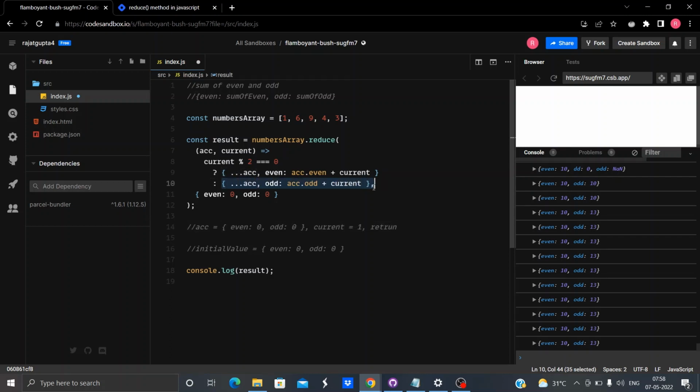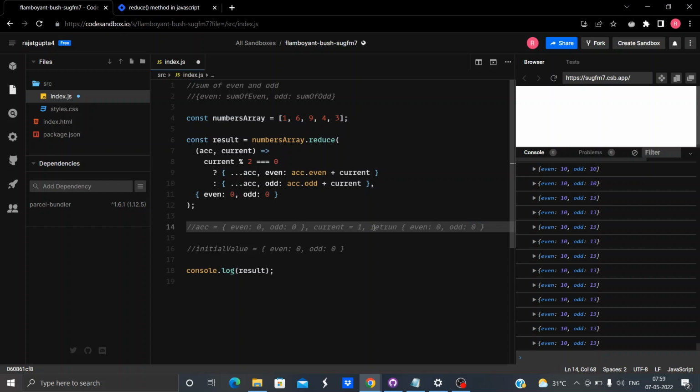And what is this? We destructure this accumulator, leave even as it is and do something in odd. In odd we do accumulator dot odd, that is whatever the odd was in the previous iteration, plus current.